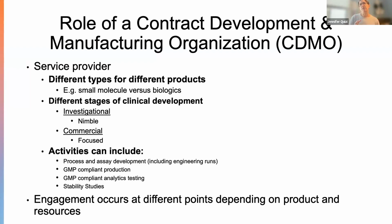As a result, these facilities that manufacture for these early phase clinical trials tend to be a lot more nimble. These are the facilities that probably manufacture a variety of different product platforms. For instance, in my facility, we manufacture a number of different types of